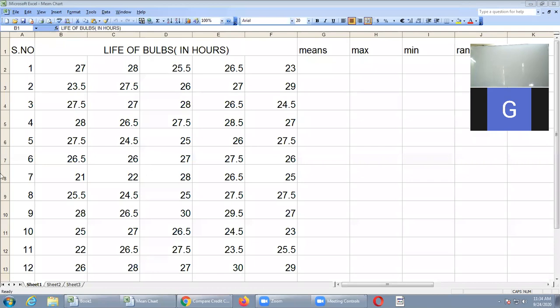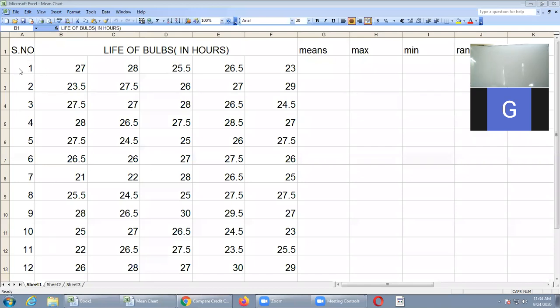Yeah. So this is another problem I have taken. Yesterday I told all three charts. If there is any confusion, you can listen to this problem also, because this is an important problem. So one practical problem you will get, both manual as well as Excel: mean, range and S chart.